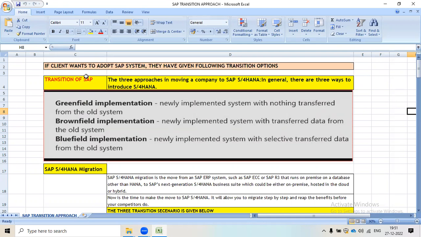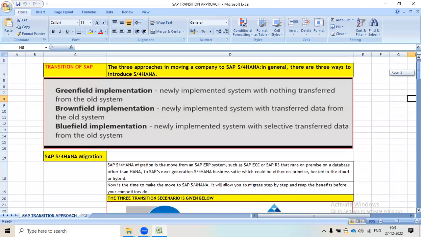And what is a brownfield implementation? A newly implemented system with transferred data from the old system. And the last one is a bluefield implementation: a newly implemented system with selective data transfer from the old system. So these are the three different types of transition.